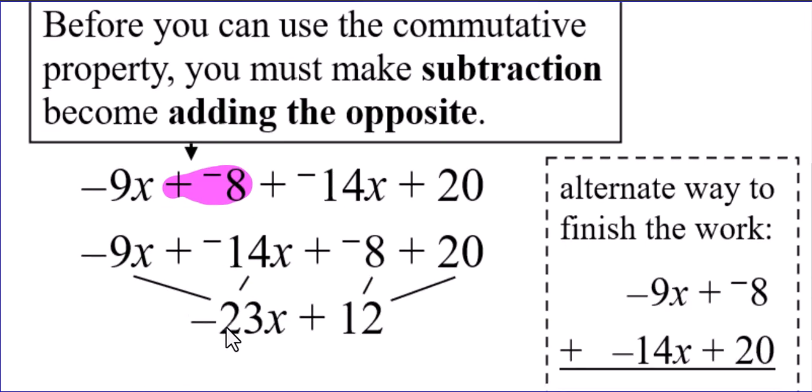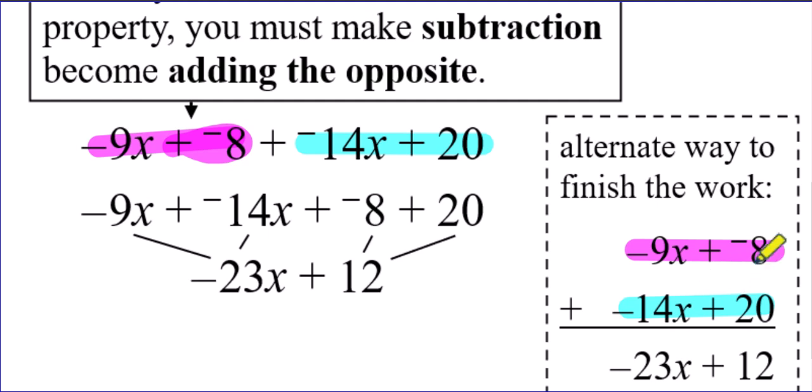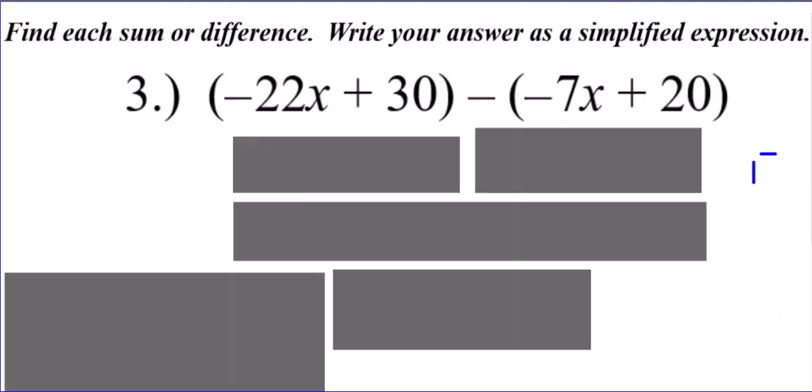And then you can finish number 2 the same way you finished number 1. You have two choices. You can either use the commutative property, get your like terms next to each other, or you can take the first linear expression, write it on top, and the second linear expression, write it underneath, and then your like terms will already be lined up, and you'll go ahead and get your answers. Remember, when you have a negative plus a negative, you'll add in your head. When you have a negative plus a positive, you'll subtract in your head. Okay,